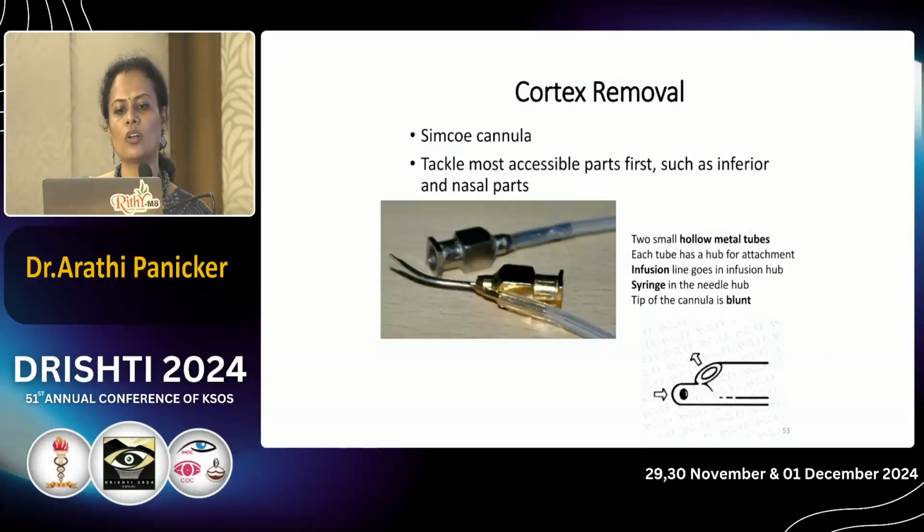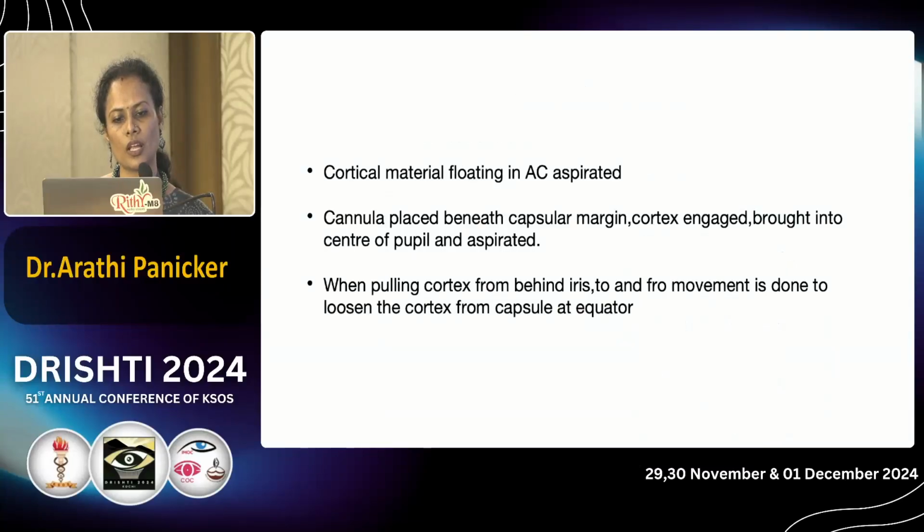After that, a very important step is cortex removal, which is done with a Simcoe cannula. Initially, you tackle the most accessible parts, such as the inferior and the nasal. After that, the cortical material floating into the anterior chamber is aspirated. Then the cannula is placed beneath the capsular margin. Cortex is engaged and brought to the center of the pupil. Then only aspirate. Don't aspirate at the edge. When pulling the cortex from behind the iris, a to and fro movement is done to loosen the cortex from the capsule